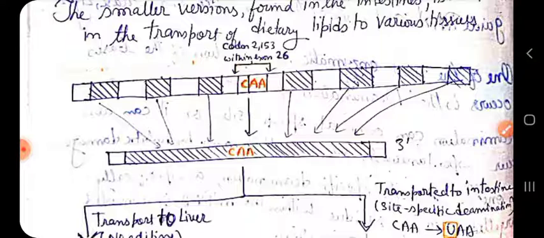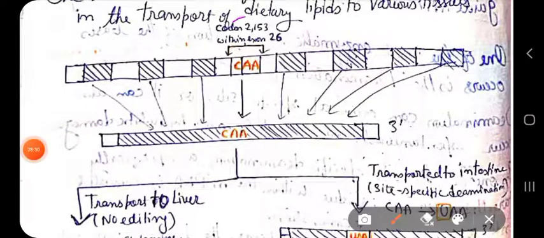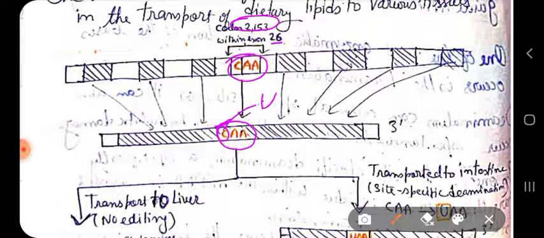Okay, so within the codon number 2153, as I have written here, that is within the exon number 26, cytidine deaminase activity is quite high within the intestine. It converts the cytosine into uracil. Within the exon 26 there is a CAA sequence where this cytosine is being converted into uracil